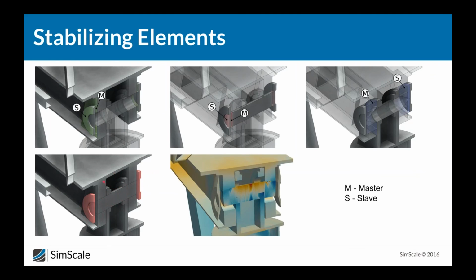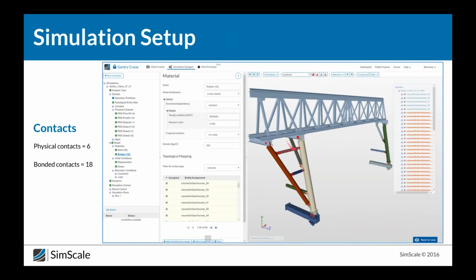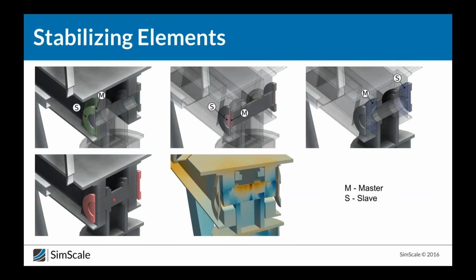So this joint here is a section through the pin, and we're looking at this joint here. If I section through that joint, it looks like this, and those red discs at each end of the pin are there to connect all 3 elements in that joint together. So we have an outer clevis, an inner clevis and a pin, and they're not physically connected to each other, so in order to stabilize that, what I've done is added this element here, and then with